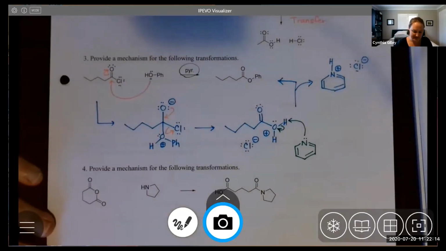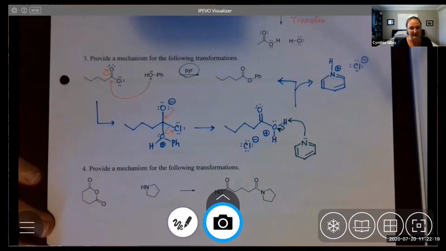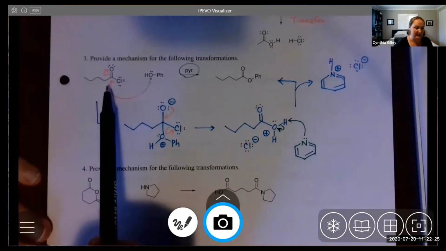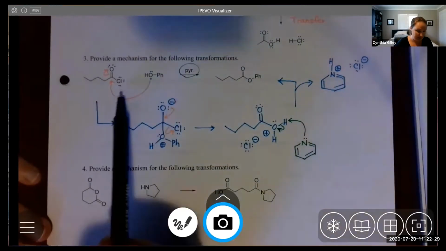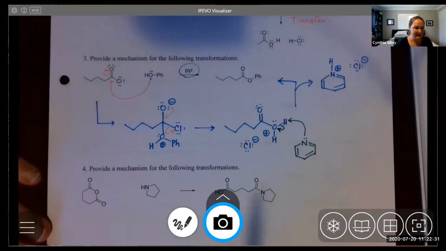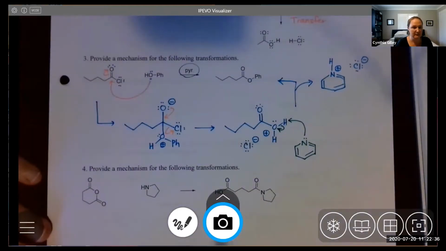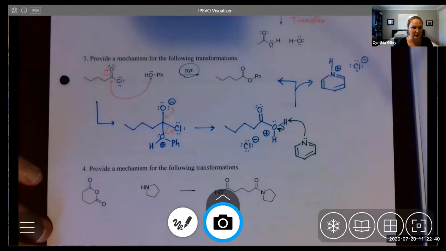So this is technically optional, and in some cases is advantageous to add to the reaction. But essentially, if you just mix an alcohol and an acid chloride, you will get an ester. And the reason that they'll react without really anything else catalyzing the reaction is because the acid chloride is so electrophilic. So we can get away with a weak nucleophile, which is just a regular old alcohol